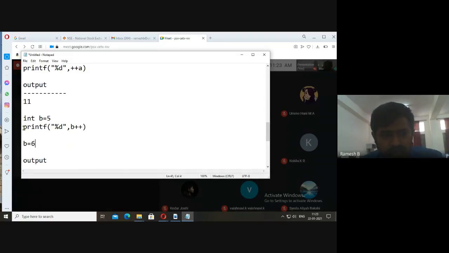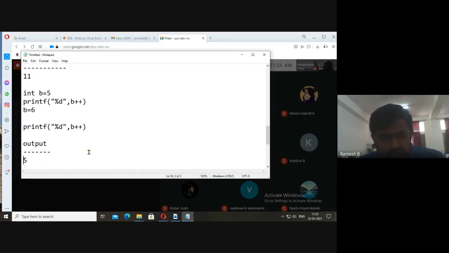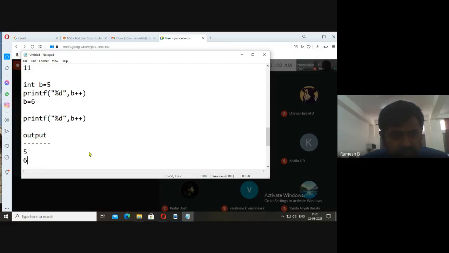If I write one more time printf here, Control C and Control V. Okay, if I write like this, the output will be 6.